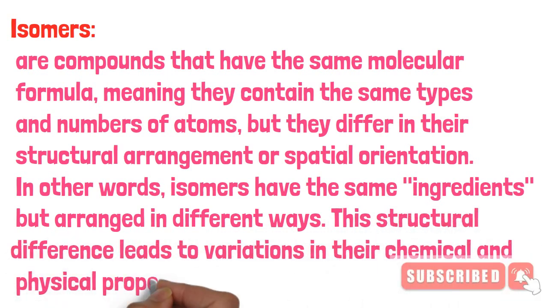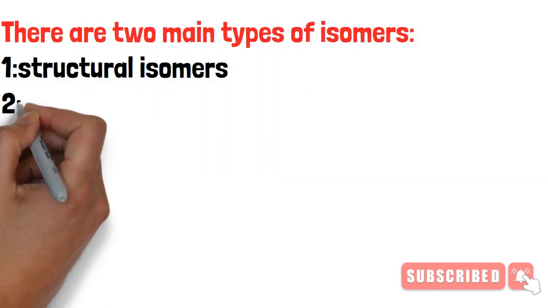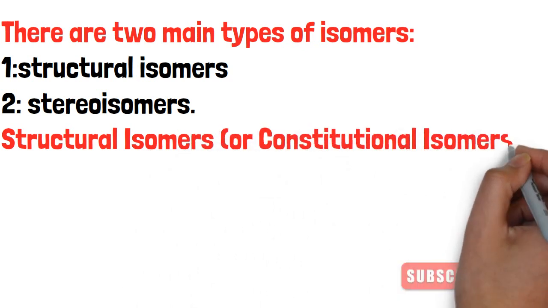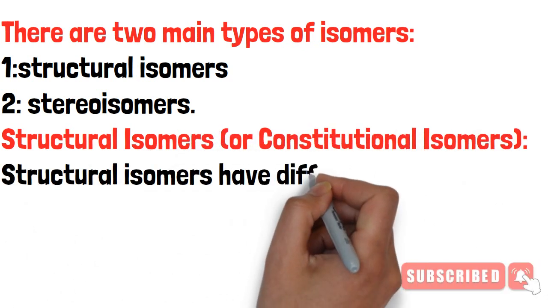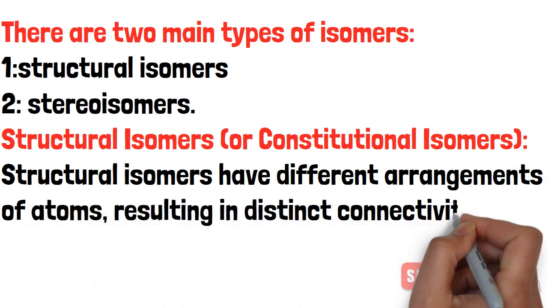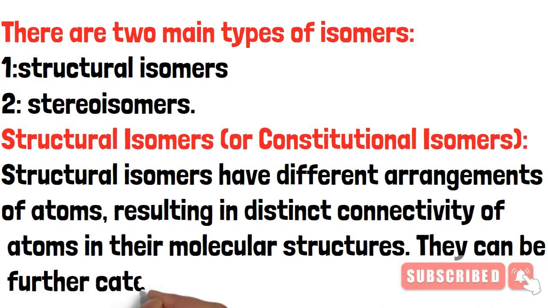There are two main types of isomers, structural isomers and stereoisomers. Structural isomers, or constitutional isomers, have different arrangements of atoms, resulting in distinct connectivity of atoms in their molecular structures. They can be further categorized into: